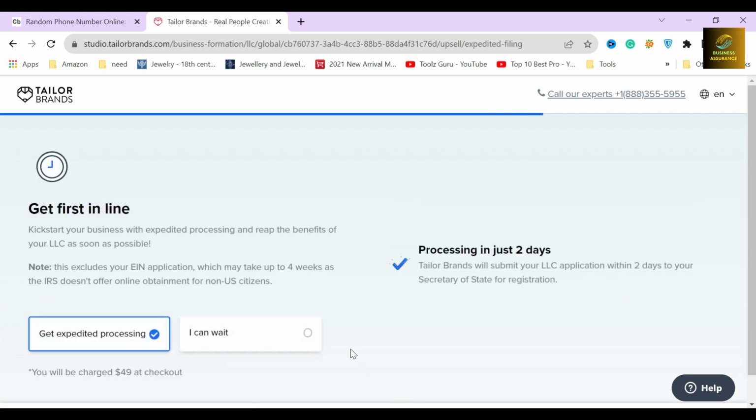In the next section, they will ask you whether you want an expedited filing service or not. Normally, if you form your LLC through them, the typical waiting time is about 4 weeks. But if you select this service too, they will process all your documents and legal formalities within 2 days and file your LLC for an additional $49. Since I don't need this service, I will just click on the I Can Wait button and move on to the